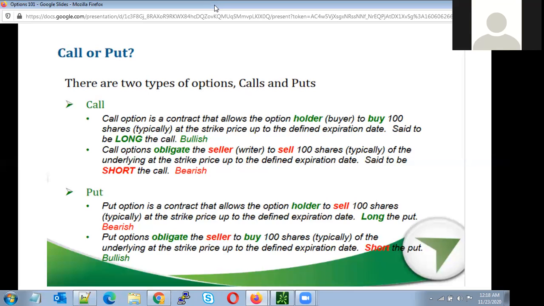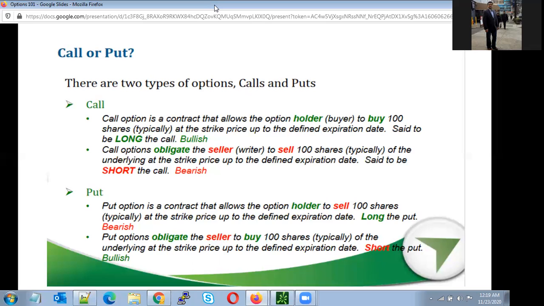Okay, good. So, call buying. What is your risk? Whatever premium you are paying. Put buying. What is your risk? Whatever premium you are paying. Call selling. Your risk is on the upper side. If the stock goes up, you have all the risk wherever the stock goes, and you have to provide that stock at that particular time. Put sellers have to buy the stock. Put seller has to buy the stock. Call seller has to provide the stock, right?